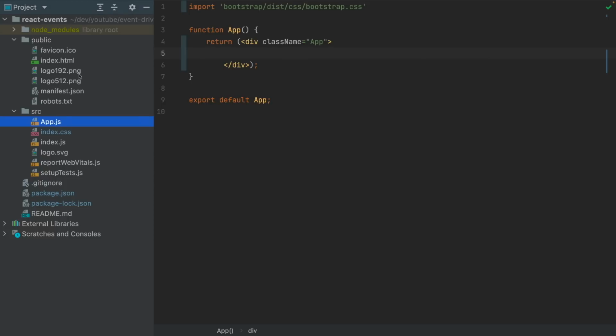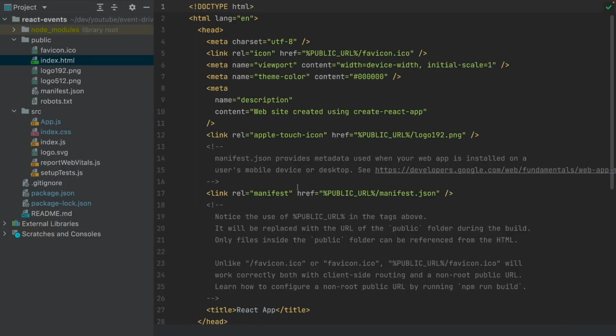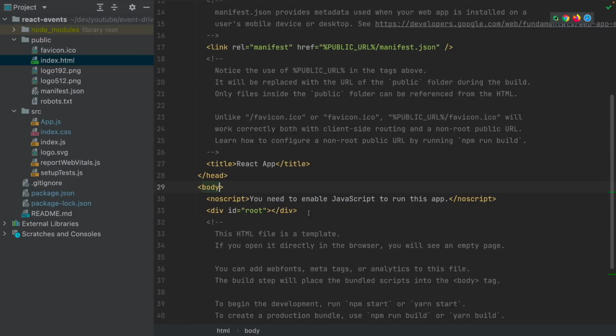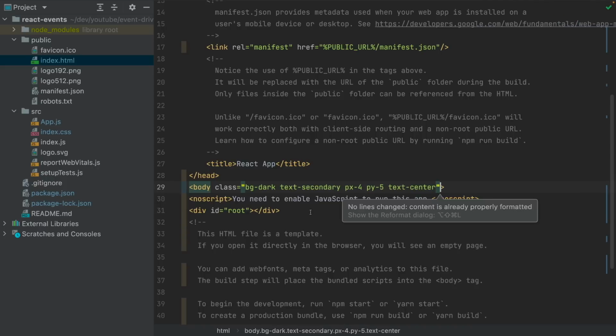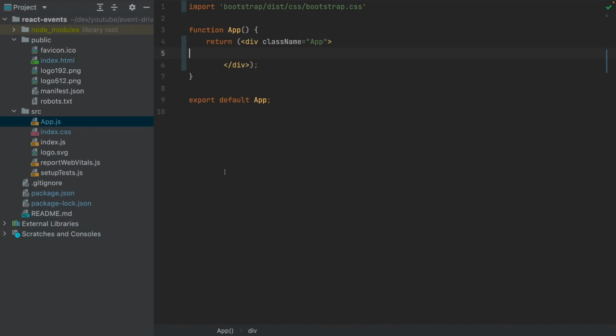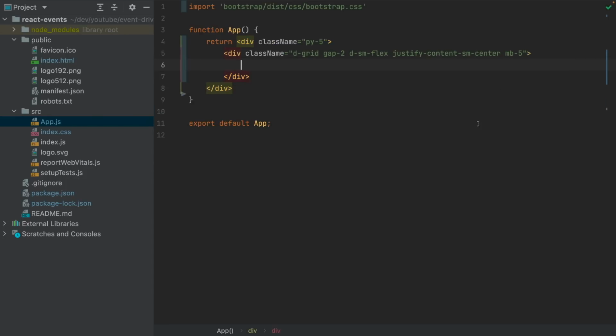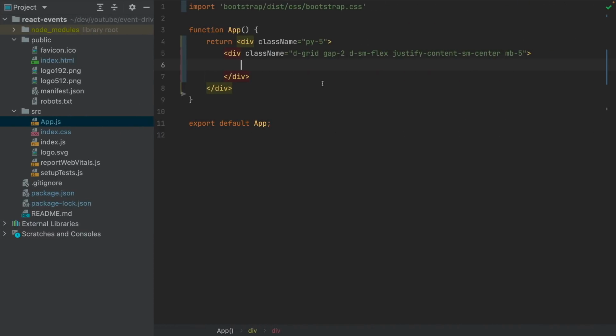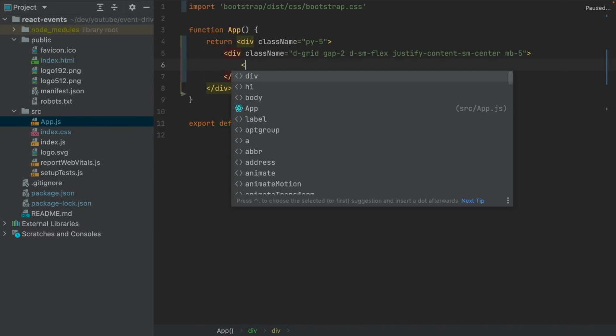I will go now to index.html, and here in the body I will add this class. So I want to make the background dark, so I will add this class here, and now it will look like this. Then in our app.js, I will remove this code and I will replace it with this code. So this won't change anything, but if we want to add now a card,